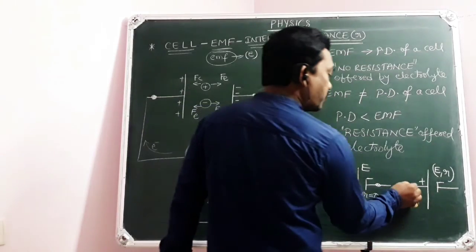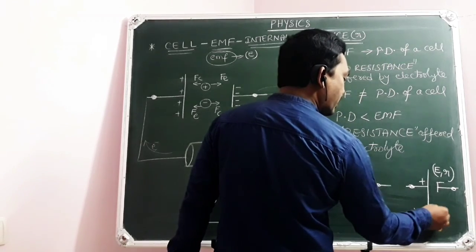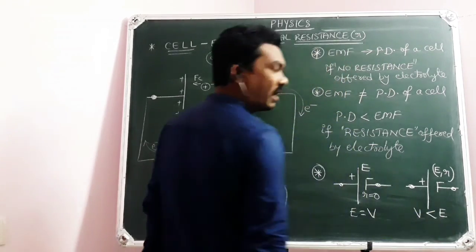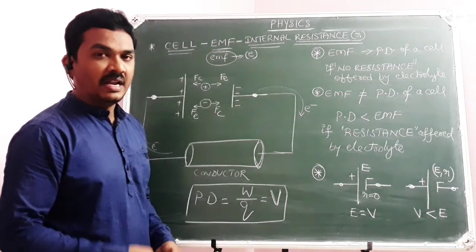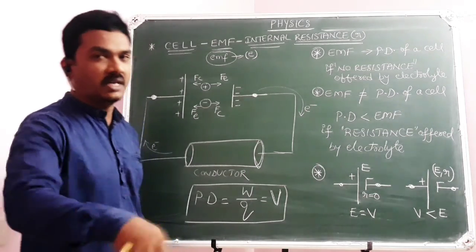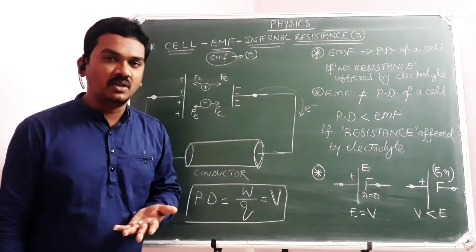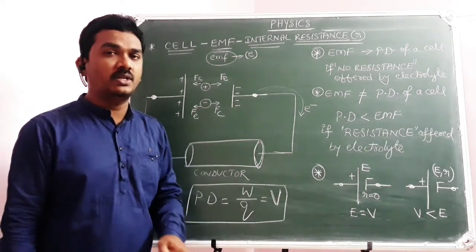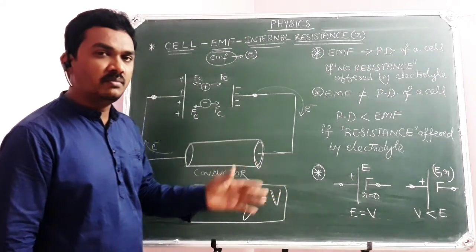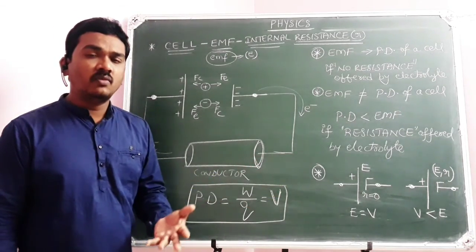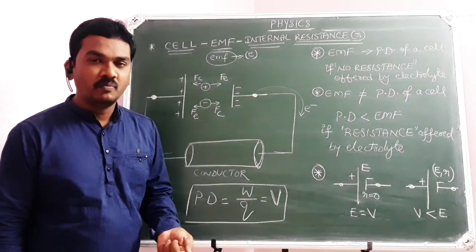Then in that case, the potential difference across the terminals of the cell will be less than EMF. Of course, EMF and potential difference have the same units, like acceleration due to gravity. Acceleration due to gravity is nothing but acceleration only, but acceleration caused by gravitational force. Similarly, EMF or potential difference carries the same meaning: amount of work done to carry unit positive charge from one point to another point.